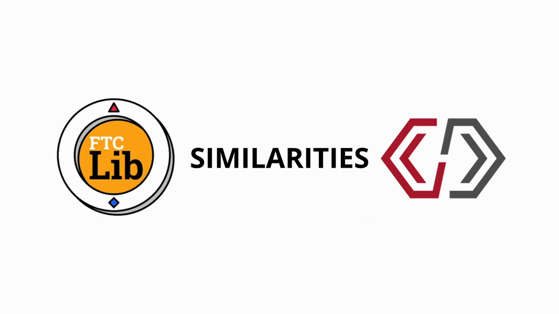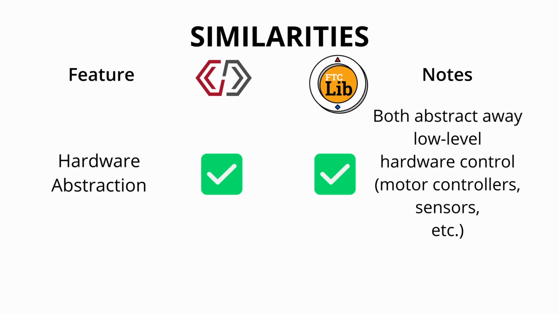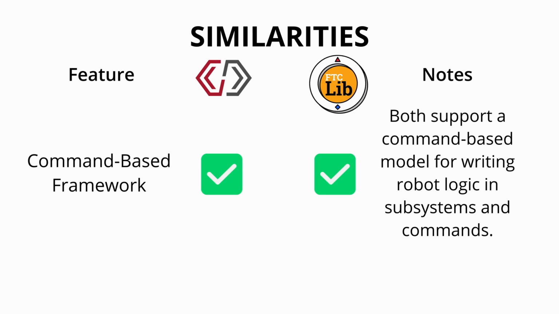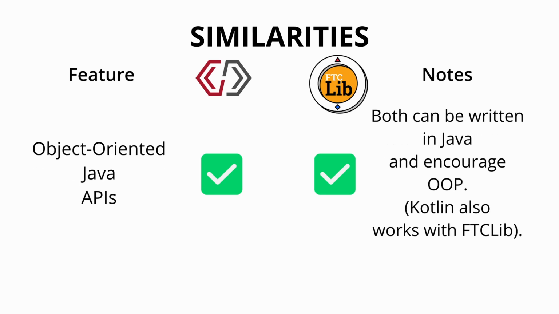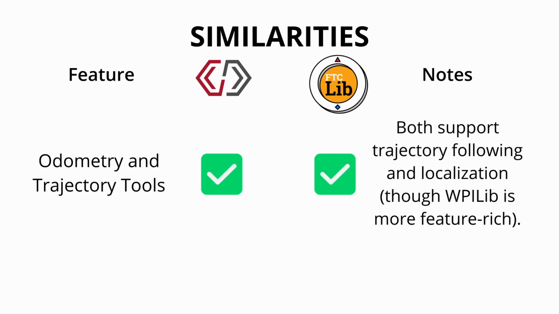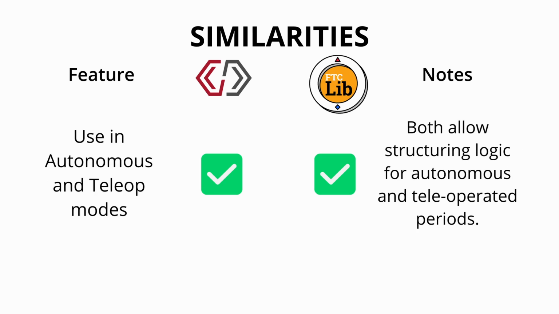Some similarities are both abstract low-level hardware control like motor controllers, sensors, etc. Both support a command-based model for writing robot logic and subsystems and commands. Both are written in Java and encourage object-oriented programming. Kotlin also works with FTCLib. Both support trajectory following and localization, though WPILib is more feature-rich, and both allow structuring logic for autonomous and teleoperated